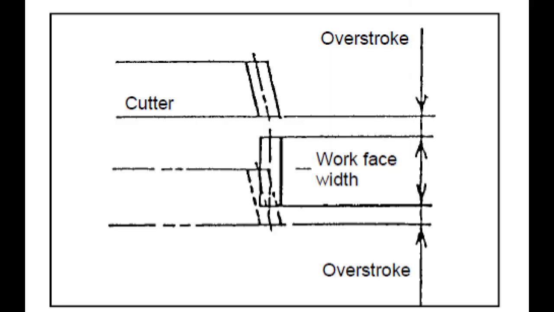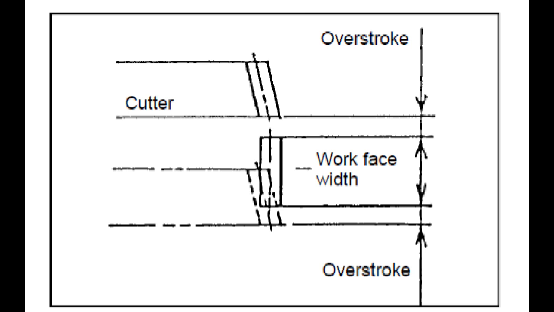Calculating stroke width. One way is to use the automatic stroke width calculation feature on the NIDEC ST40A gear shaper. The machine automatically calculates the stroke width by adding an overstroke amount to the face width of the part. This overstroke amount is determined by the conversational programming function of the ST40A gear shaper, eliminating the need for manual